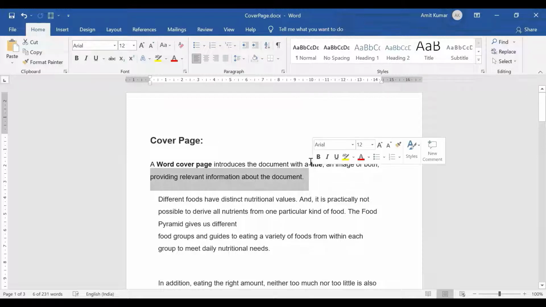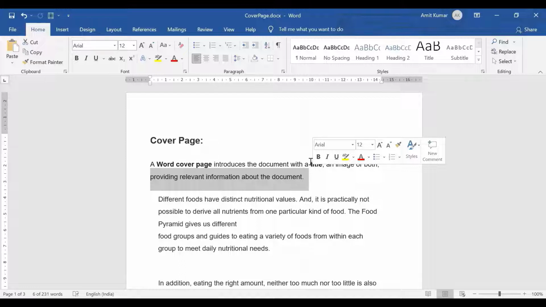So sometimes we are working on a project, let's say science, and in the cover page we introduce what is there in that document. Let's say we mention science and we are working on food and health topic, so that the reader of the document gets the information what is there in the document.